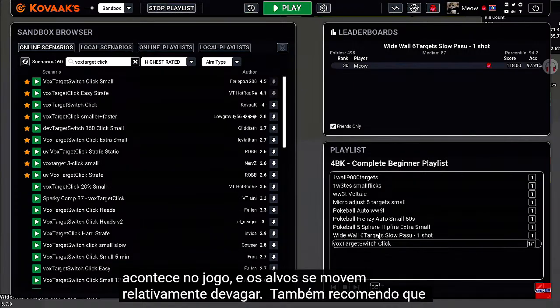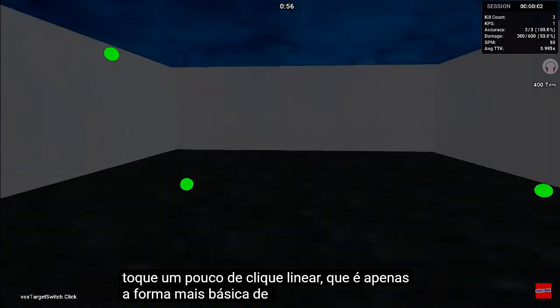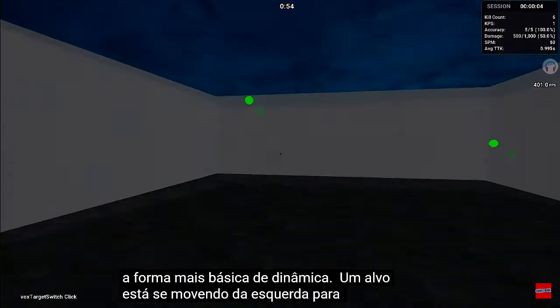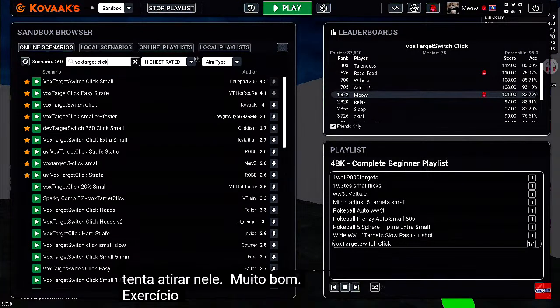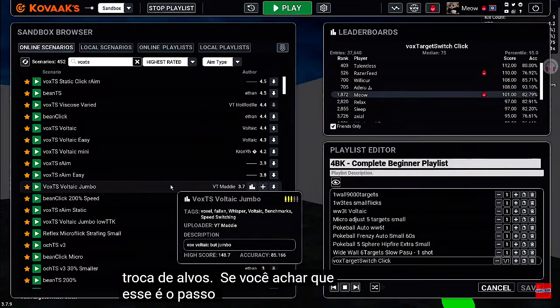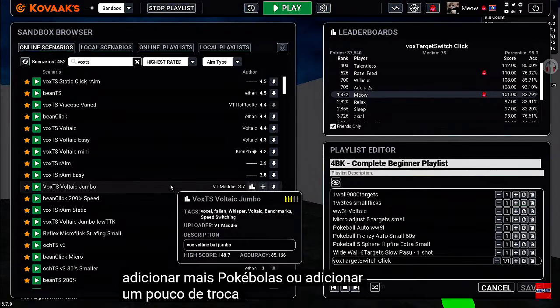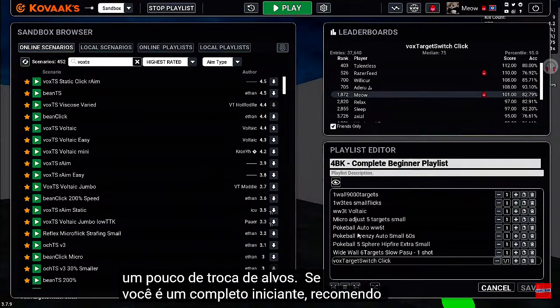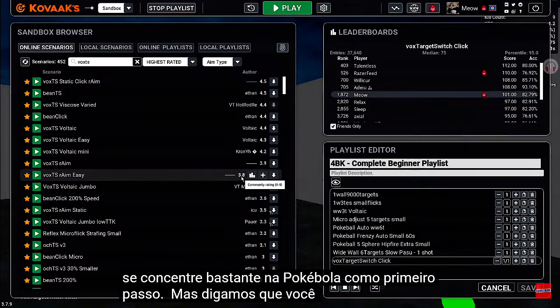I also encourage you to play some linear clicking, which is just the most basic form of dynamic. A target is moving left to right and you aim and try to shoot him. Very good, very fun foundational exercise. Moving on to target switching, if you choose that this is a right step for you, you can either add more Pokeball or you can add a little bit of target switching. If you're a complete beginner, I recommend focusing heavily on Pokeball as a first step. But let's say you're at that step,